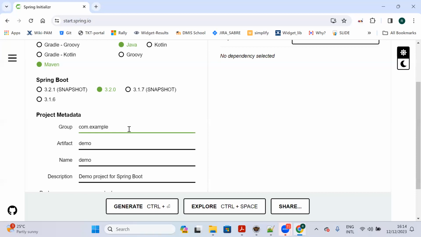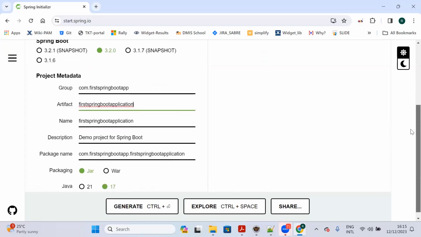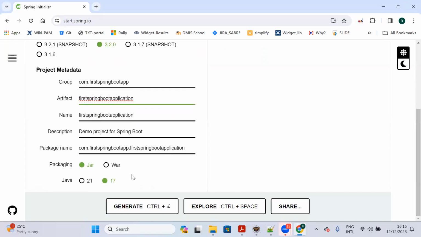So group name I am giving as com dot first Spring Boot app. Okay, and artifact is nothing but your project name. I am giving it as first Spring Boot application. So now you can select